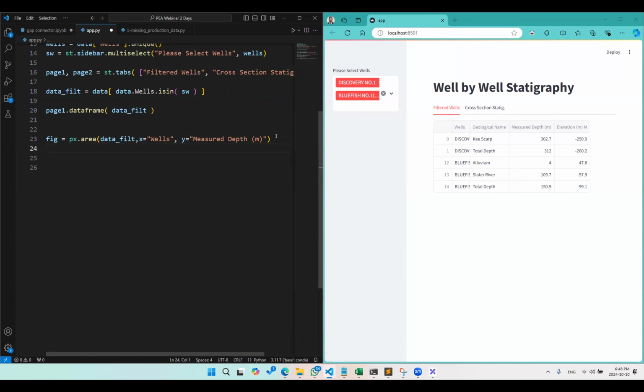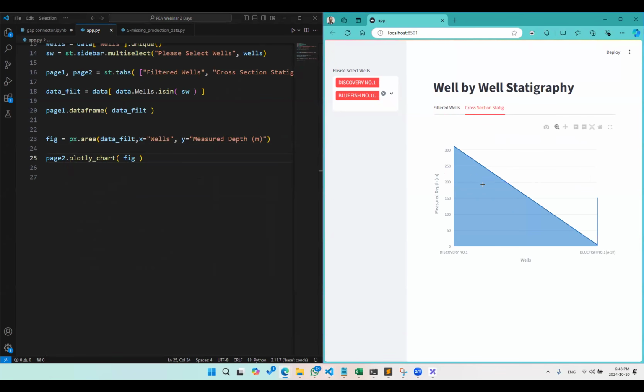Once we do that, we will use page 2 dot Plotly chart. This will view our chart, so this is going to be figure. Let's save this and go to our cross section. There we go. Now this is our cross section, but it is not a very good one because